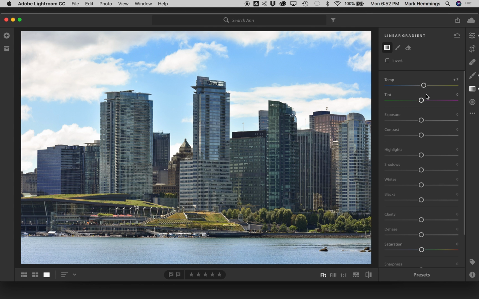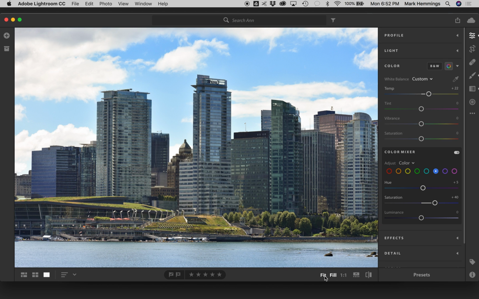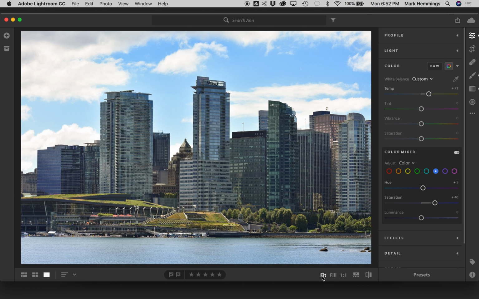Okay, that looks pretty good. Now I'll back out, and let's see what the image looks like here. Yeah, I think that looks good. So let's go to the original. Here's the original, a bit bluish, but now we've sort of made the picture warmer, but also hopefully retained some